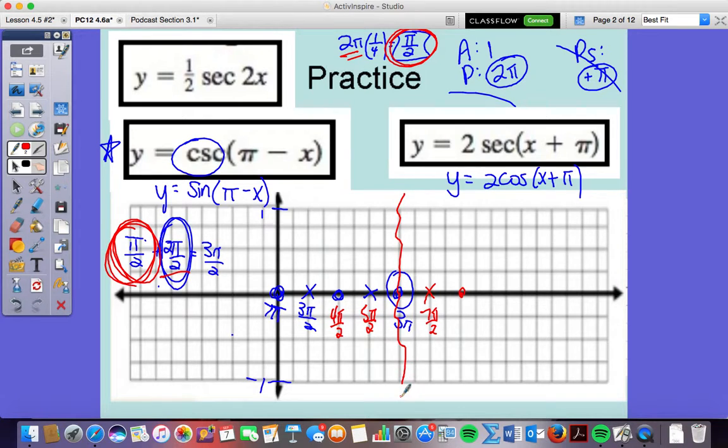The only thing I would be careful on is remember that one graph is going to be in this area, right? So if this is sine,